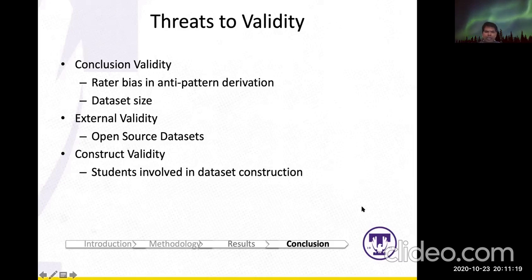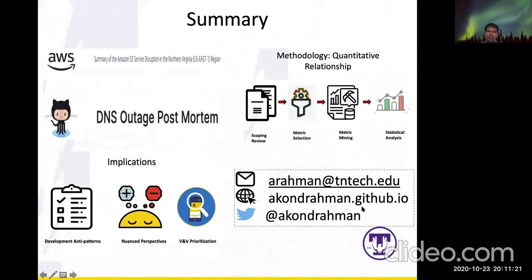So in short, we talked about the importance of mitigating defects in IC scripts. Then we talked about how we can identify development anti-patterns using quantitative analysis. Then we also talked about what are the perceptions of practitioners about the development activity metrics. We discussed how our results could be useful for software